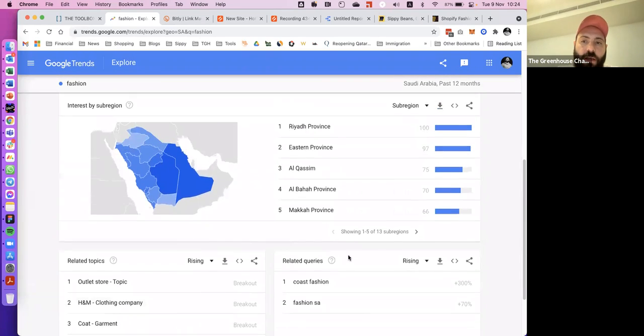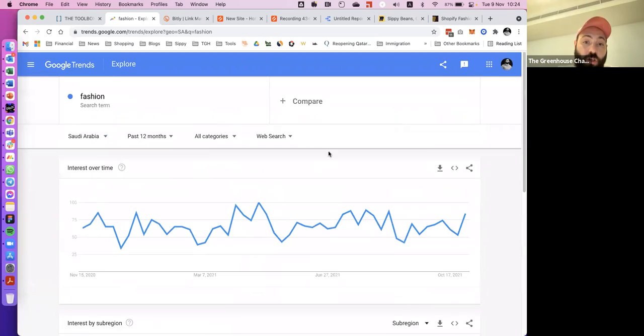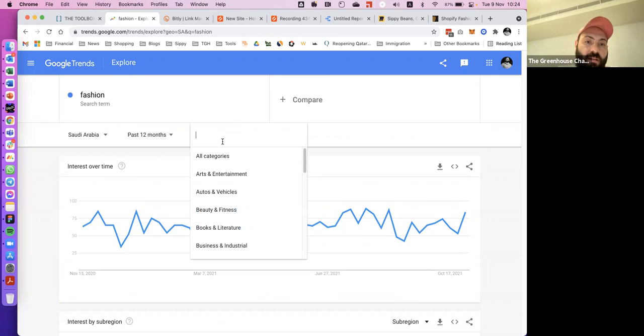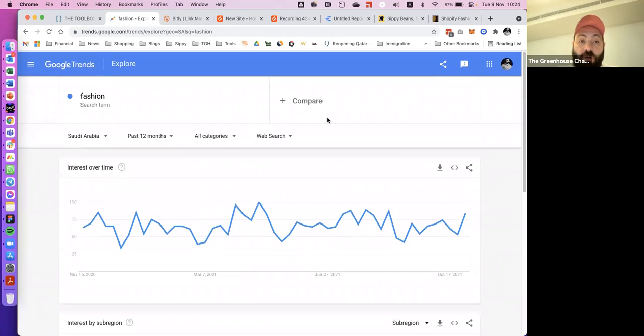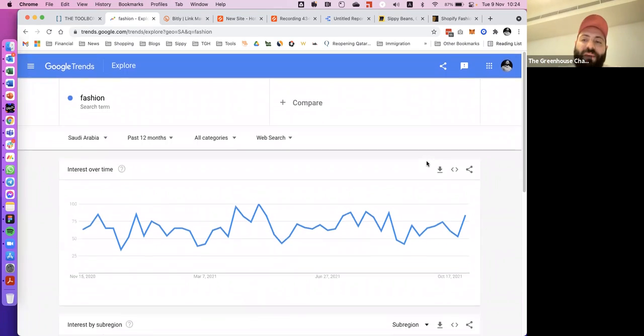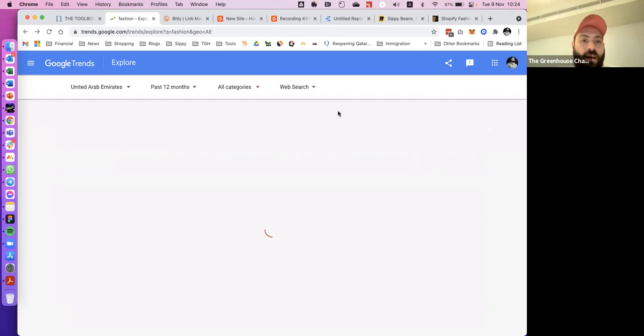And it gives you a really interesting overview of what people are searching for on web, if it's actually a news search, Google Shopping, YouTube search, which categories, and the time frame. And you can compare it versus search terms. So this is really good, obviously, for performance marketing, but it's also good, especially if you're a big brand, to understand,